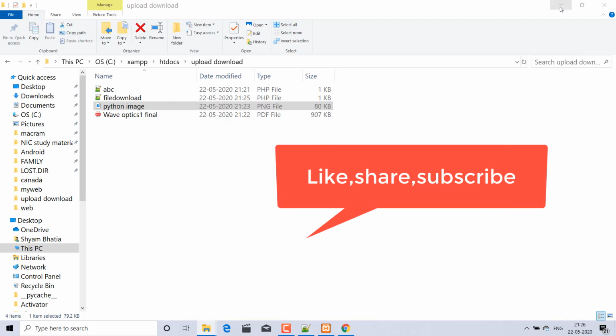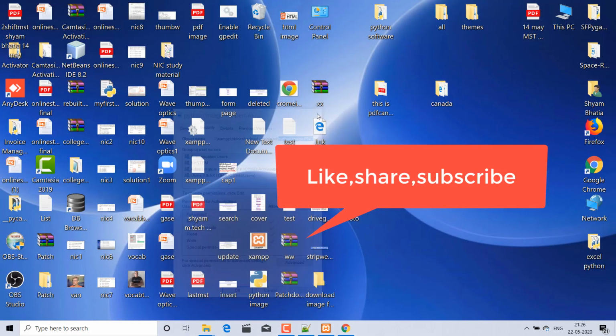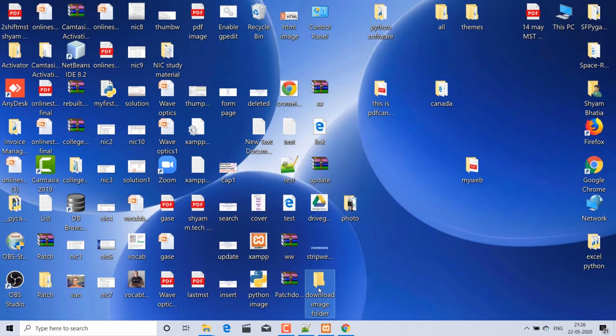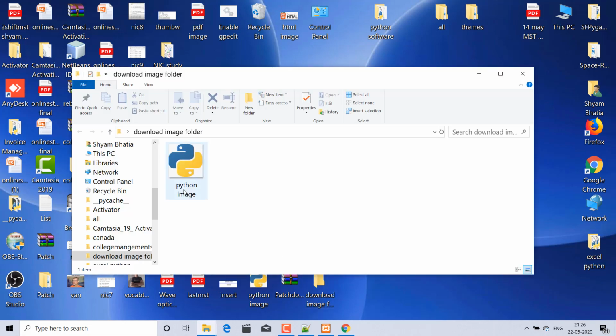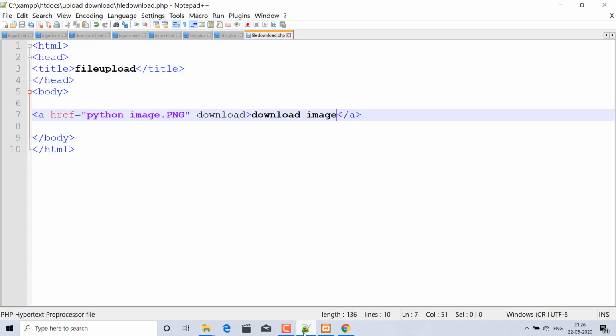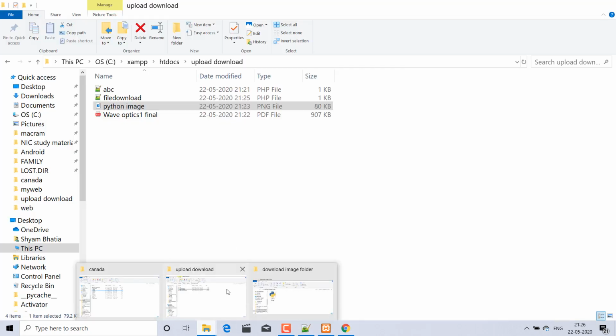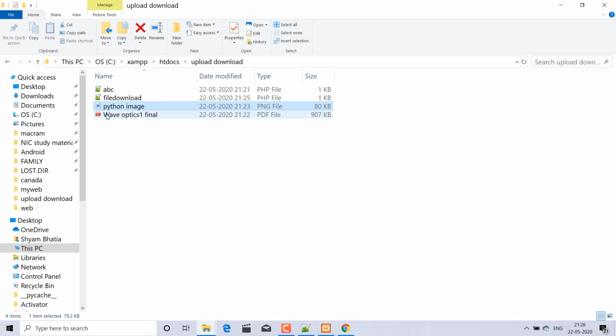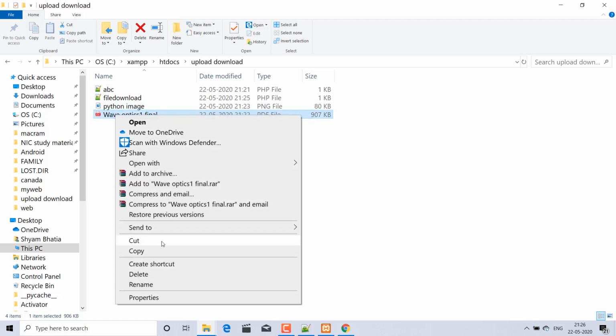If you go to my desktop, where is my download folder? Yes, go here, and the Python image is inserted. Inside that, again I will pass here the wave optics final PDF. How to download that?